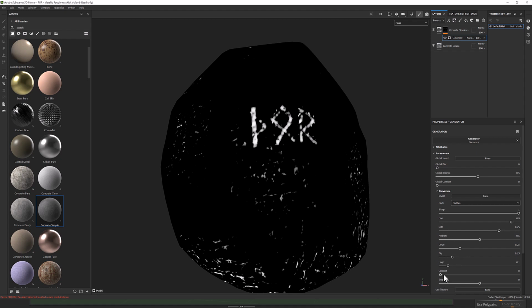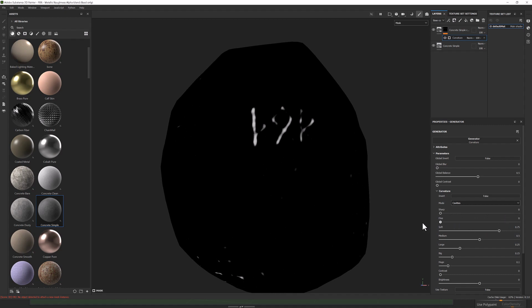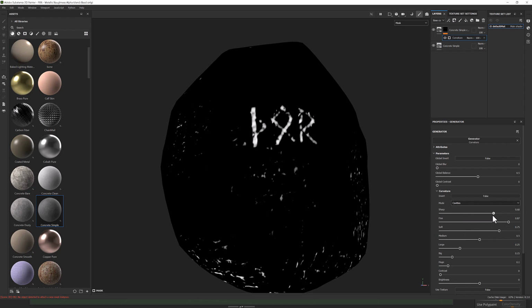So currently it's using all these options. We've got huge, big, large, medium, soft, fine and sharp, and they're decreasing or increasing levels of detail essentially. So if I take the sharp out, we're going to get the very fine detail gone. If we take the fine out, we'll get the fine detail gone, and so on and so forth as we go down. So you can adjust these to remove or increase different levels in your